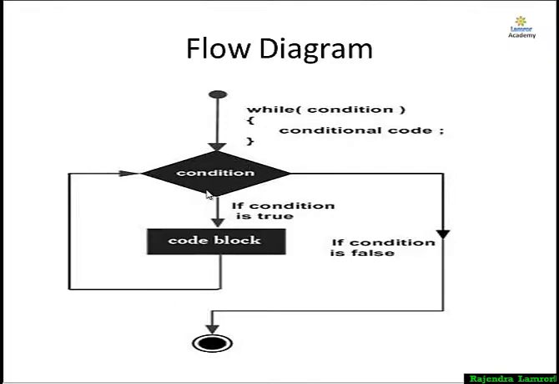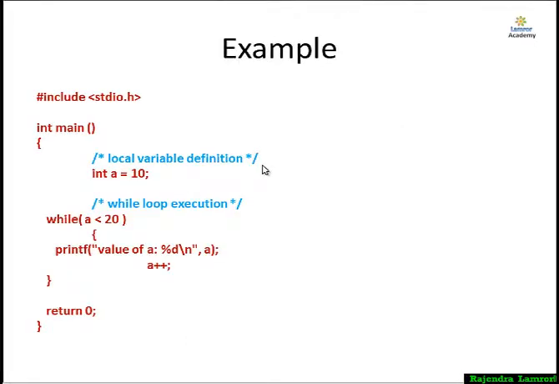If the condition is satisfied, then once more the block of code runs. It goes on continuously. When the condition is false, you go outside the loop and the loop is finished. Whatever you have written below the braces will run as the next process. So I am telling about one simple example of the while loop.